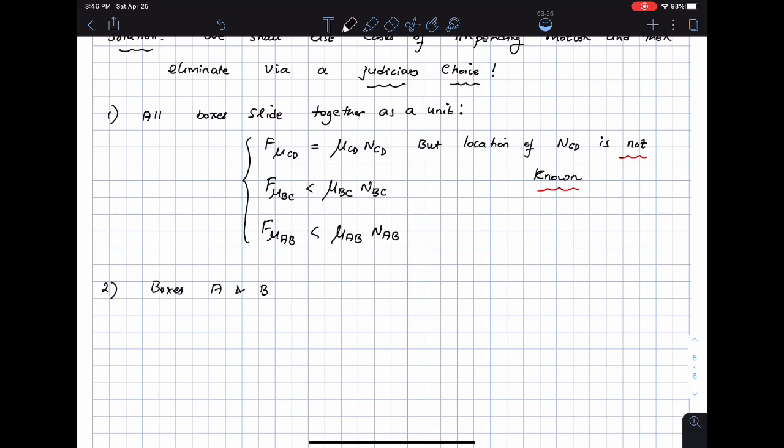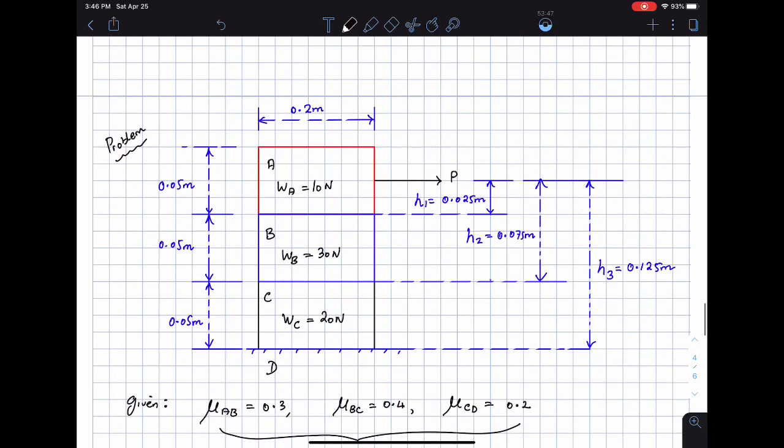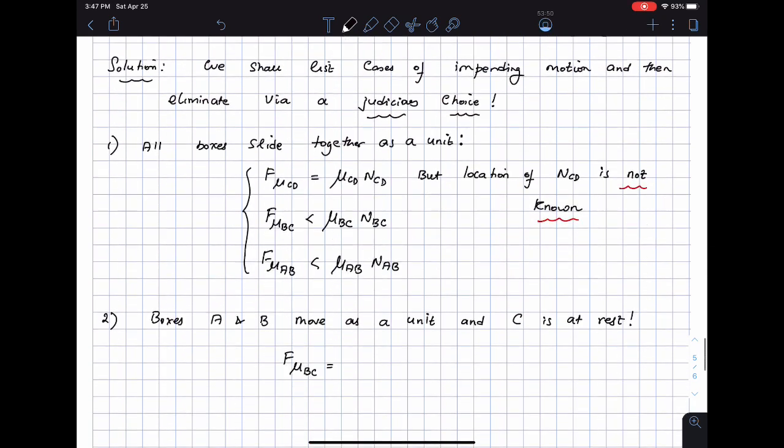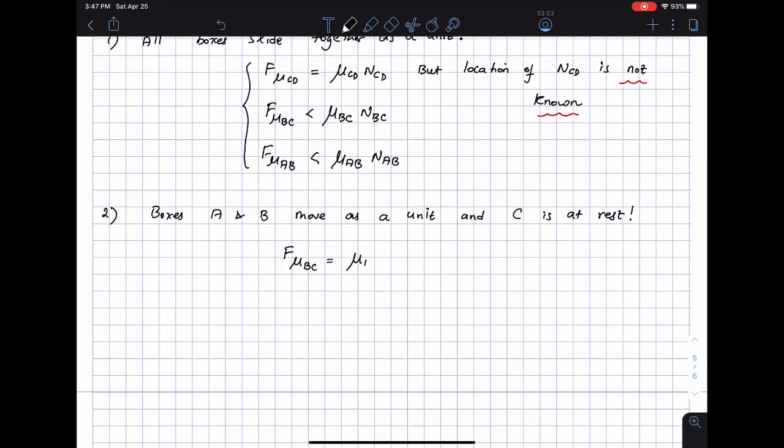If I write the friction equations now, F_BC is going to be the impending surface because box B is going to move relative to box C. Which means that F_BC is going to be mu_BC times N_BC. F_CD is going to be less than mu_CD times N_CD. F_AB is going to be less than mu_AB times N_AB, and